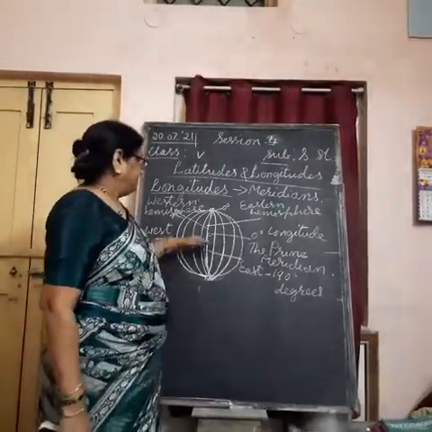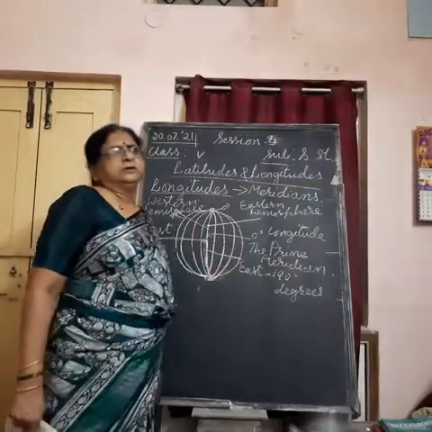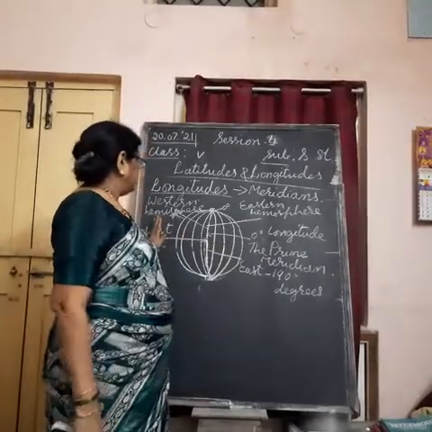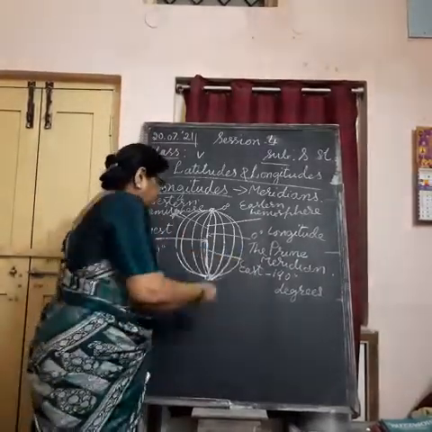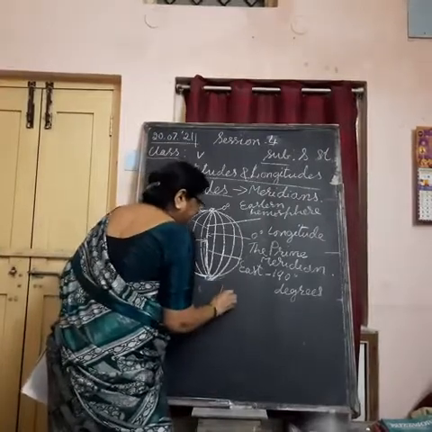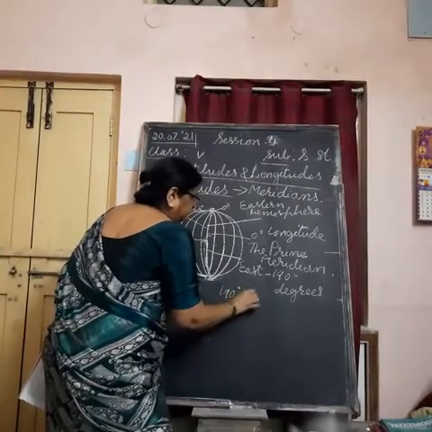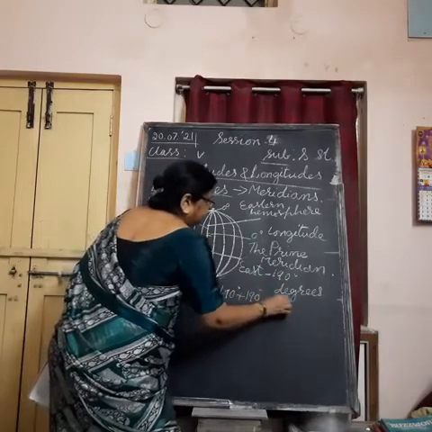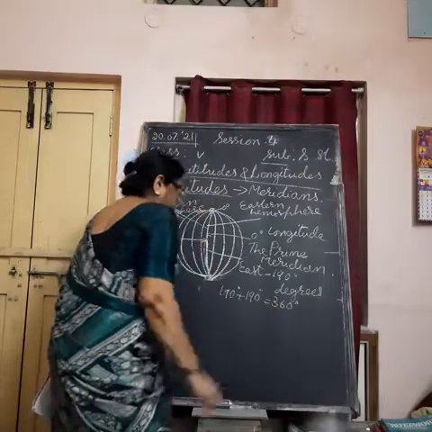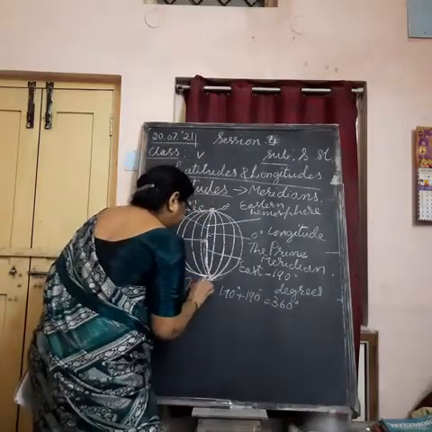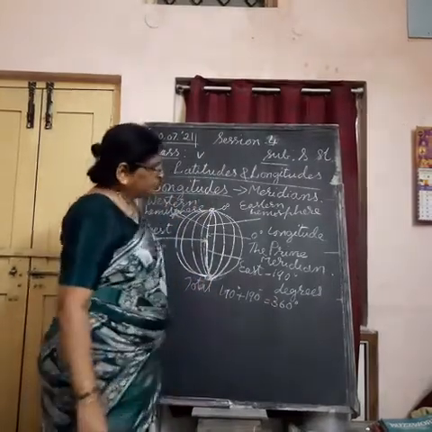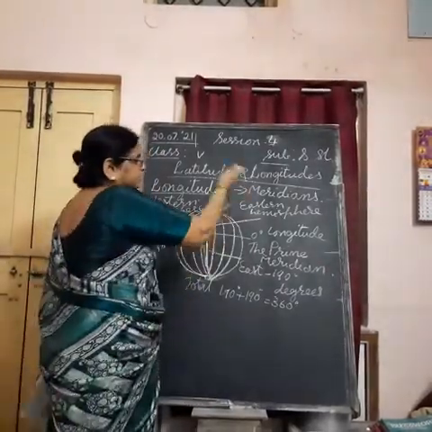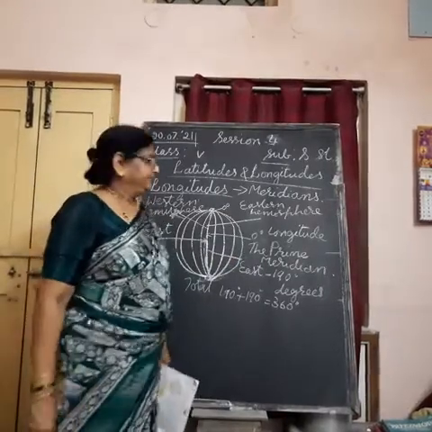In the same way, they have got particular names for some particular latitudes. Here it is not like that. There are so many. There are 180 plus 180 degrees of longitudes. They are 360 degrees of longitudes. The total number of longitudes is 360 degrees, double the total number of latitudes. Okay.